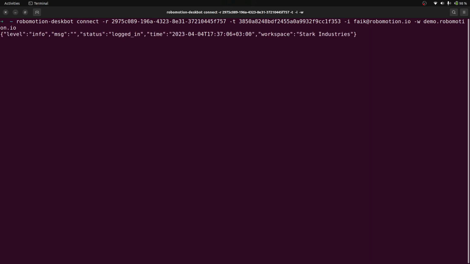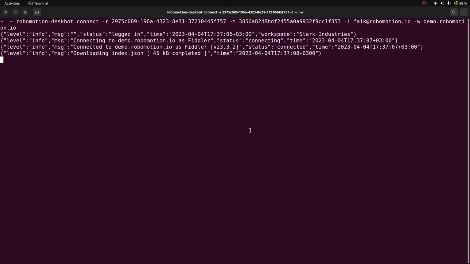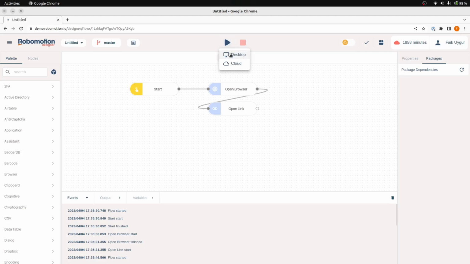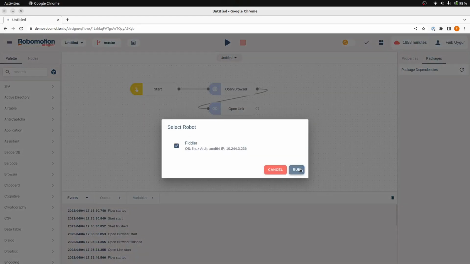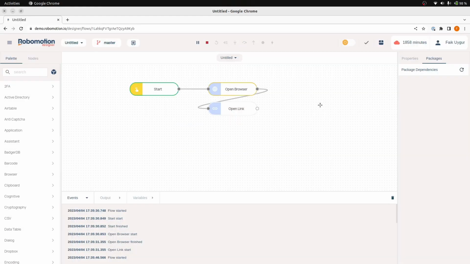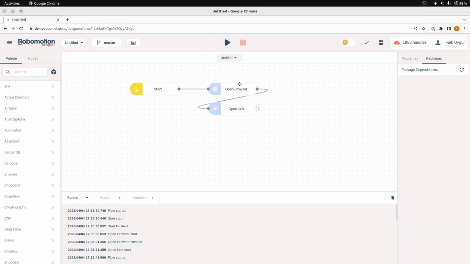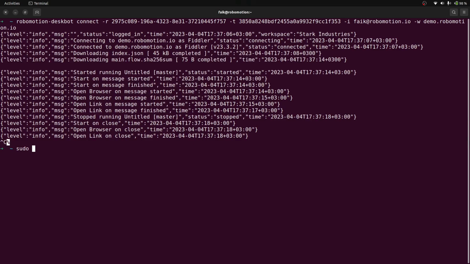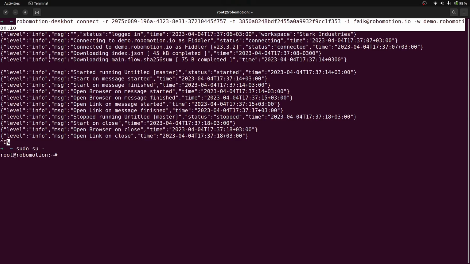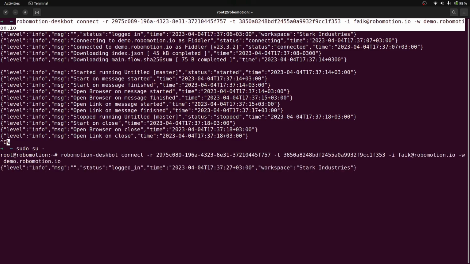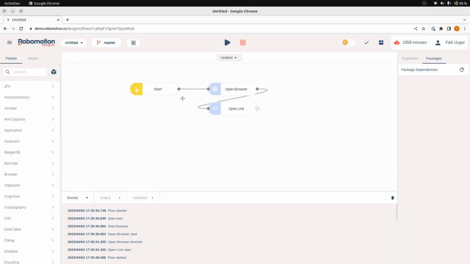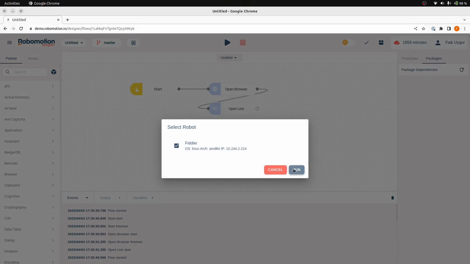Here I will start the robot as a user on my machine, and when I run this flow, it will work. But now let's switch to root user and try to run this robot again. Robot will connect. Now let's start to run this flow again,